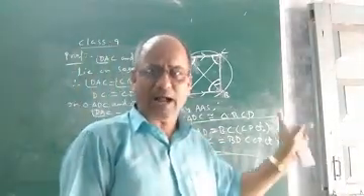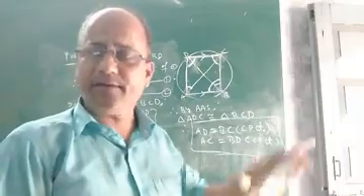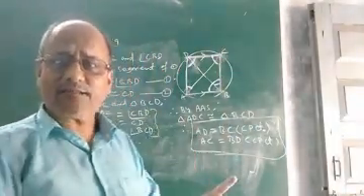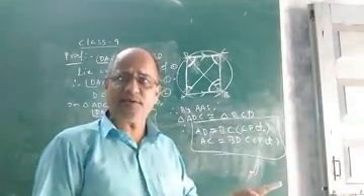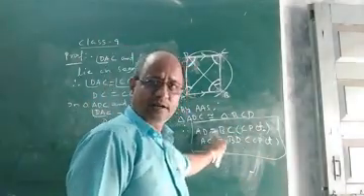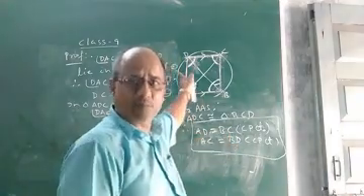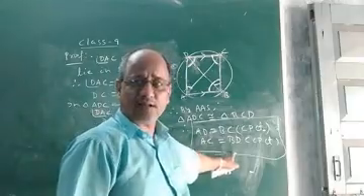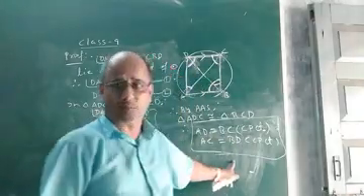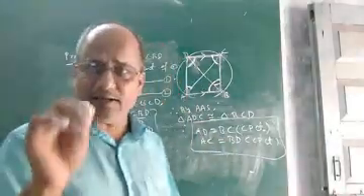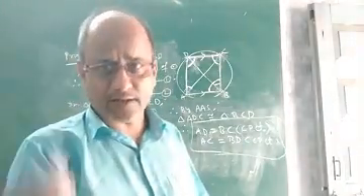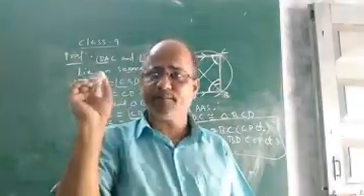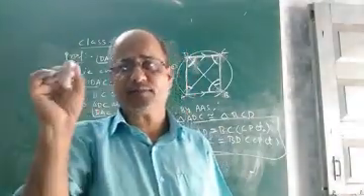We wanted to prove that a cyclic trapezium is isosceles. That means the non-parallel sides of a cyclic trapezium are equal. You see, AD and BC are the non-parallel sides of the cyclic trapezium ABCD, and also we wanted to show that their diagonals are equal, that is AC equal to BD. Thus it is proved that in a cyclic trapezium, the non-parallel sides are equal and the diagonals are also equal. Children, I hope you must have understood this important and interesting property of cyclic quadrilateral.